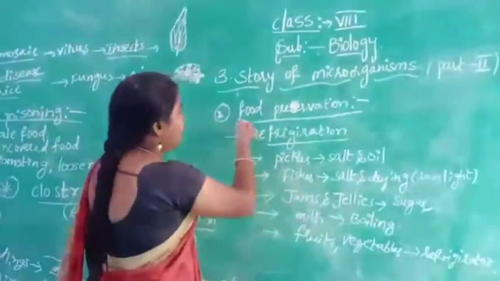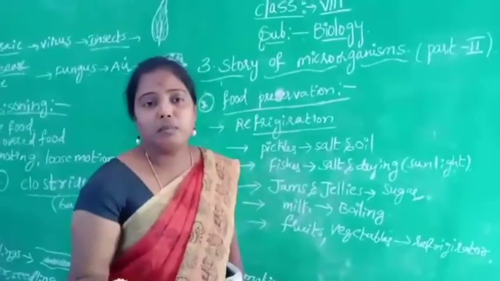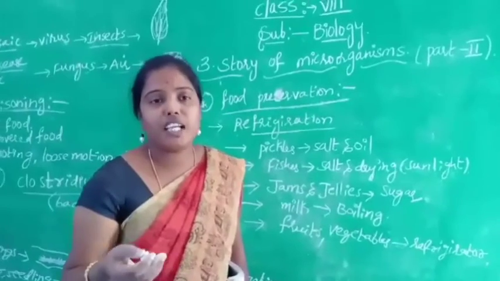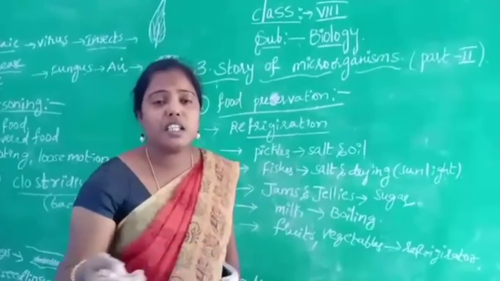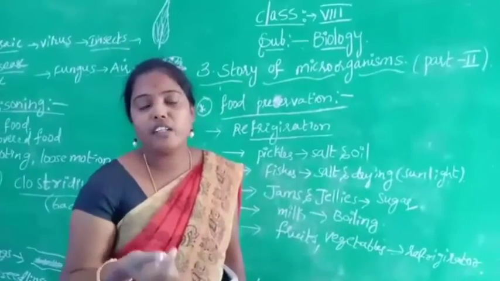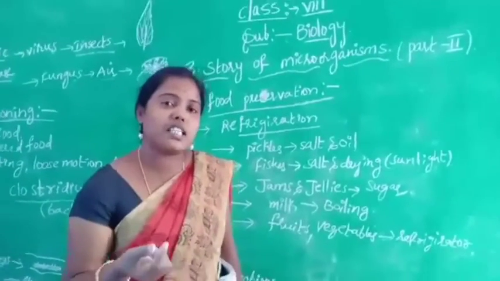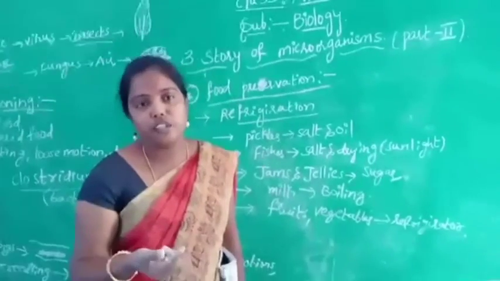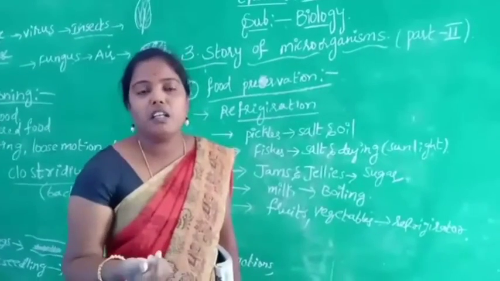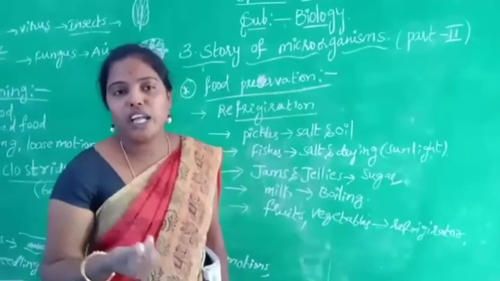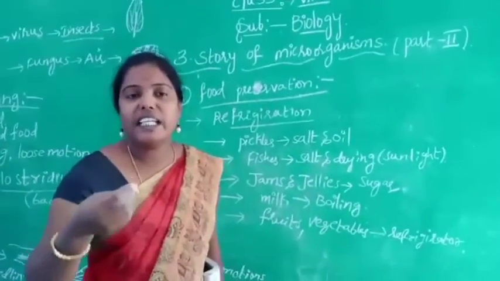Okay, so what is food preservation, Nana? Once you observe, children, your mother boils milk before storing it. After lunch or dinner we keep extra curries and food items in the refrigerator. Why? To avoid food spoilage. Some microorganisms are responsible for the spoilage of food and they release toxic chemicals into the food. It gives a very bad smell and spoils the food items. So that's why we have many methods to preserve our food.